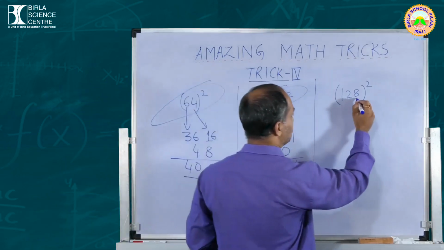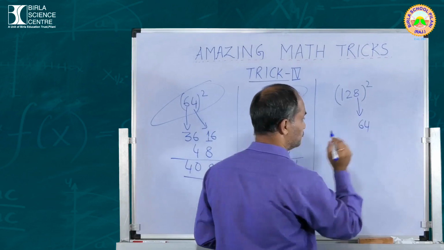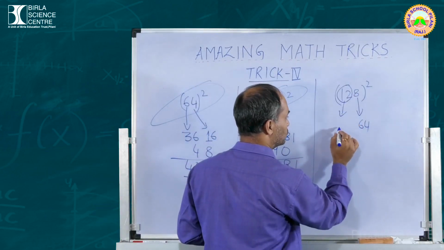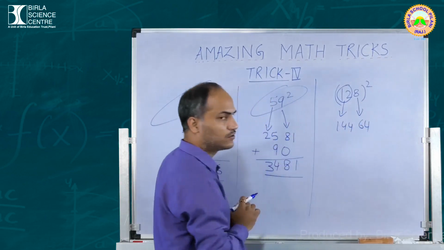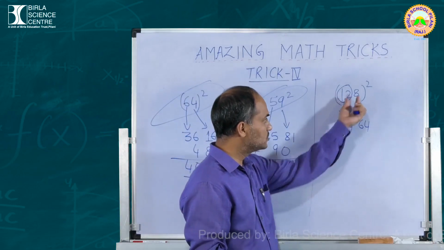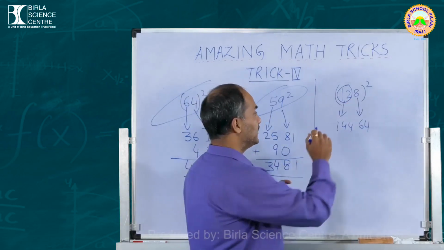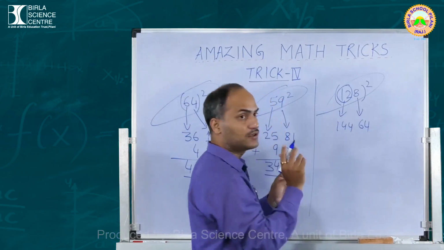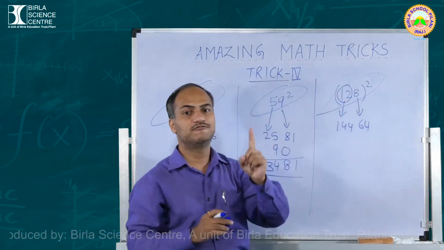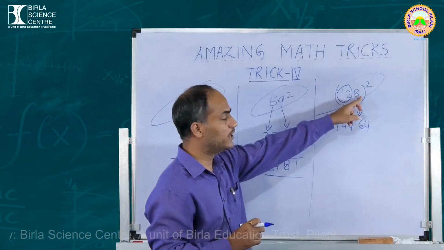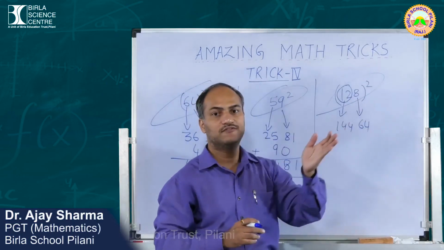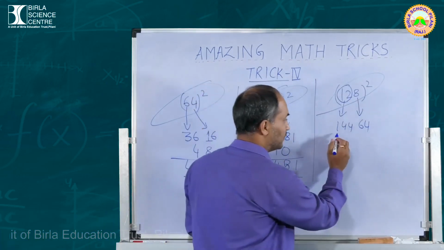Okay, it means the last digit will give us 64 and this square, 12 square is 144. The same procedure we are applying. Here 12 square is this much, 8 square is this much. Now the next step is the product of these three. Remember we have to consider these two digits as one number. So 12 into 8, 12 8s are 96. 96 into 2 means 192. So we have to write 192.